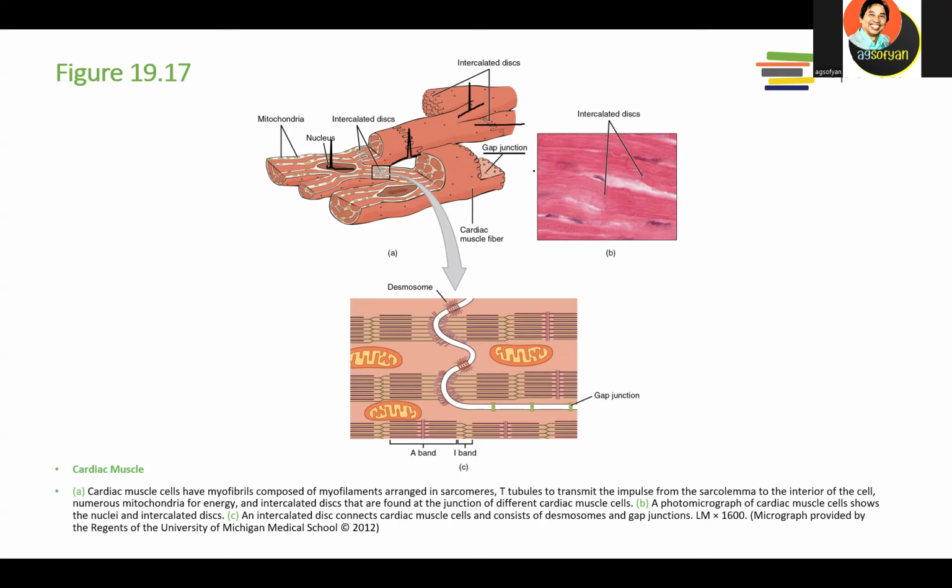So the connection between one cardiac muscle to the next cardiac muscle using this gap junction will allow the movement of cytoplasm between the cells, and of course, it will allow the movement of electricity, conduction from one muscle to another muscle. So that's the reason why, when the cardiac muscle is contracted, the whole muscle will perform the contraction, because of this gap junction that allows the conduction between the muscles of the heart.